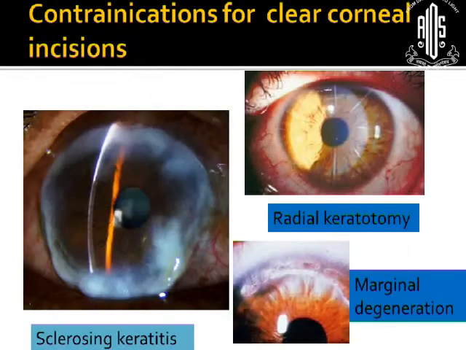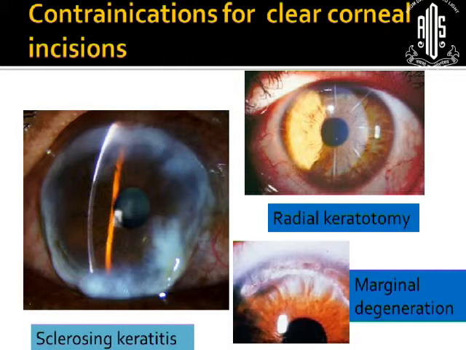Now this is another patient which I had. In fact, surprisingly, I did phaco in one eye and SICS in the other eye. And you can see this sclerosing keratitis. It was in fact not the right decision to do a phaco with a corneal incision, because I did have problems in making the tunnel, the triplanar tunnel. I was scared, but thankfully nothing went wrong. It was like a gutter being cut. So in this patient, in the other eye, I opted for a SICS.